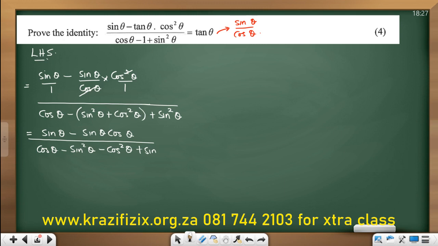Sine squared theta. We expand the bracket. Then I'm seeing something here, simplification. Negative sine squared theta, positive sine squared theta. Okay, so I have sine theta minus, the way you write will actually guide you. Cos theta minus,